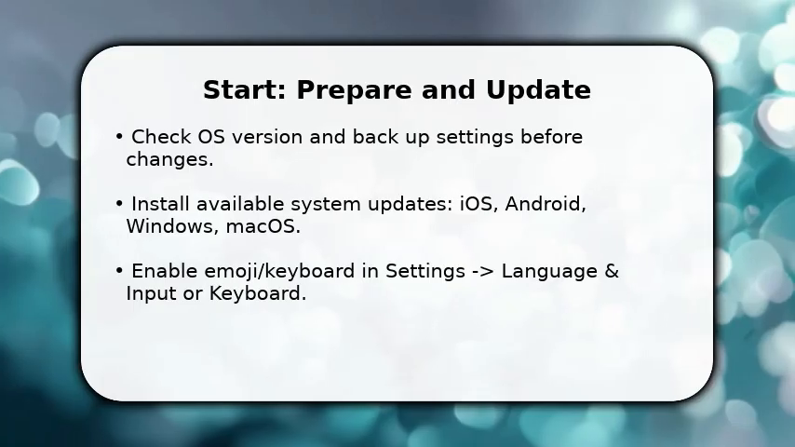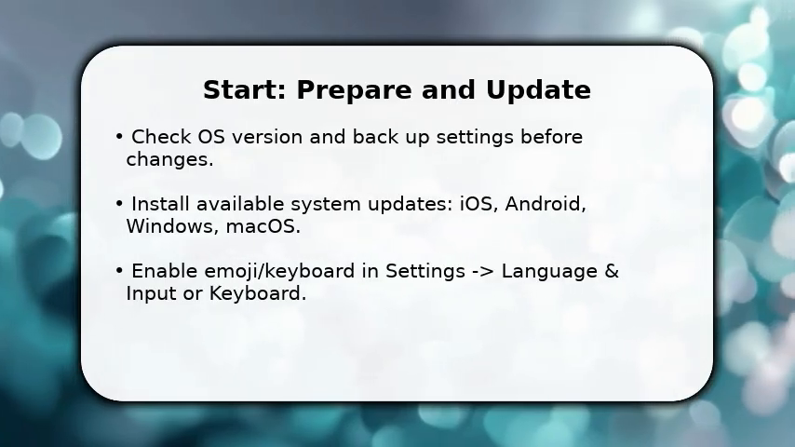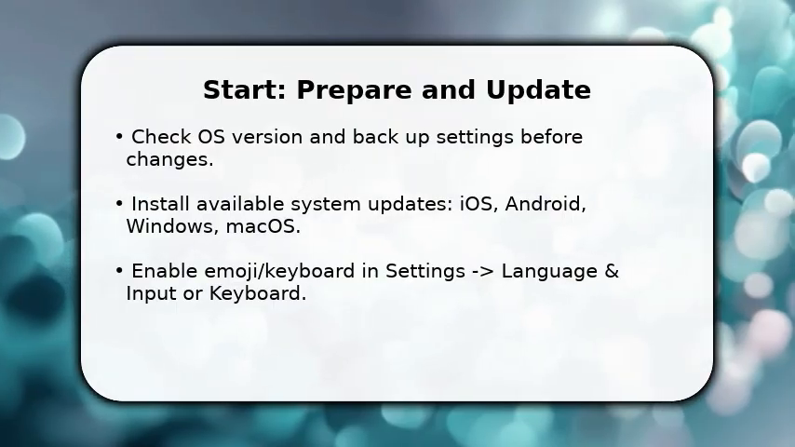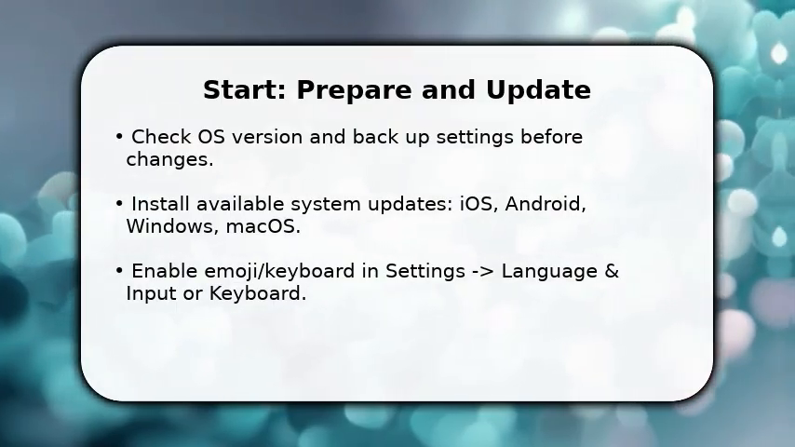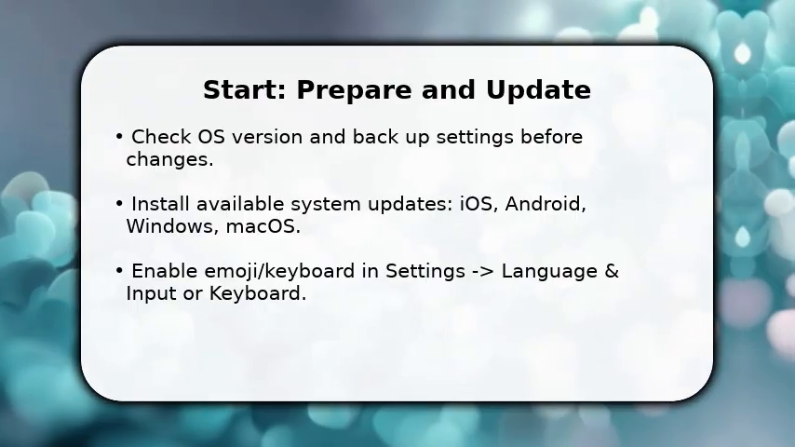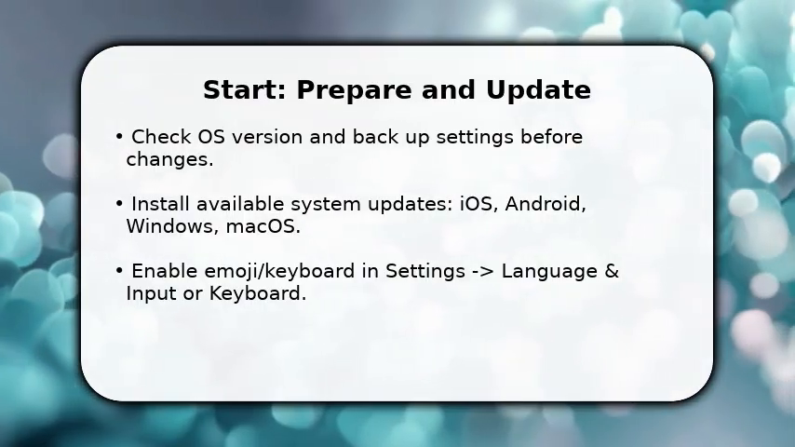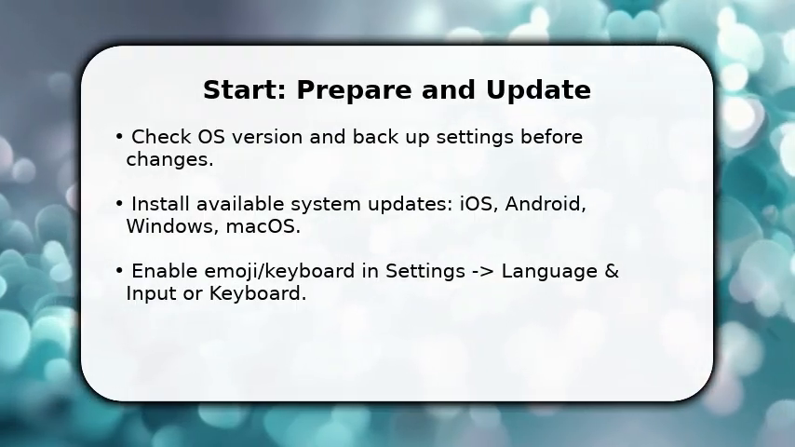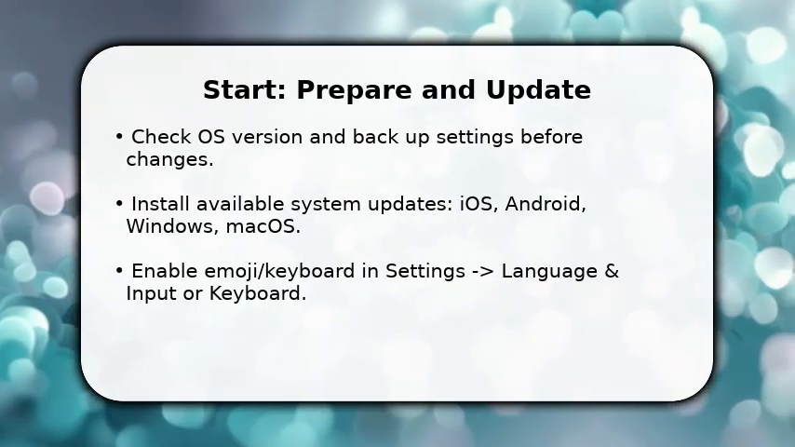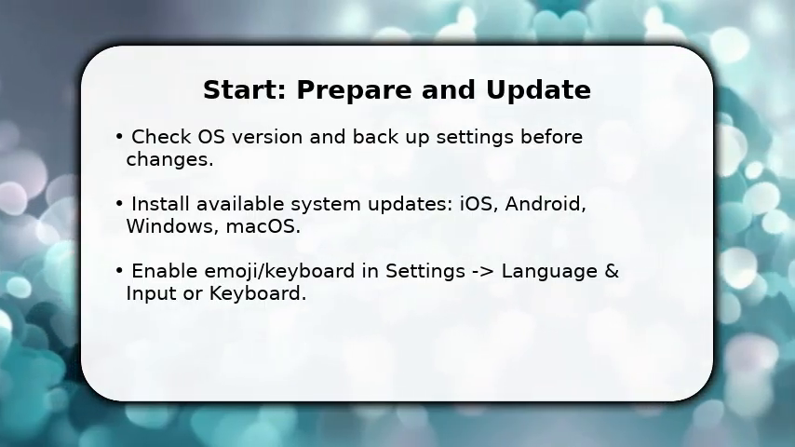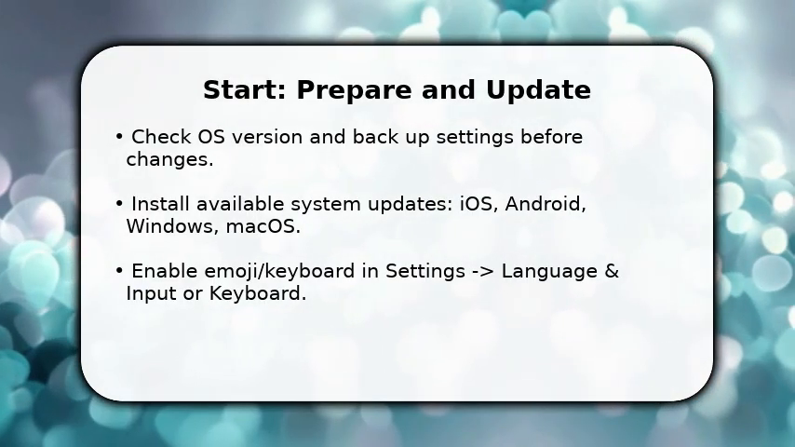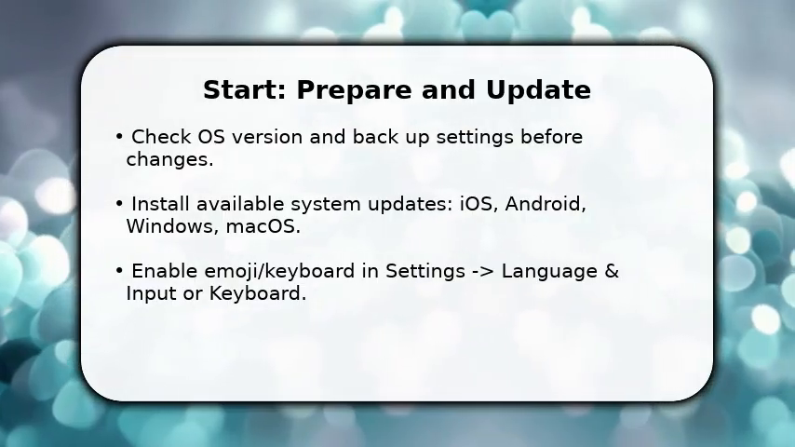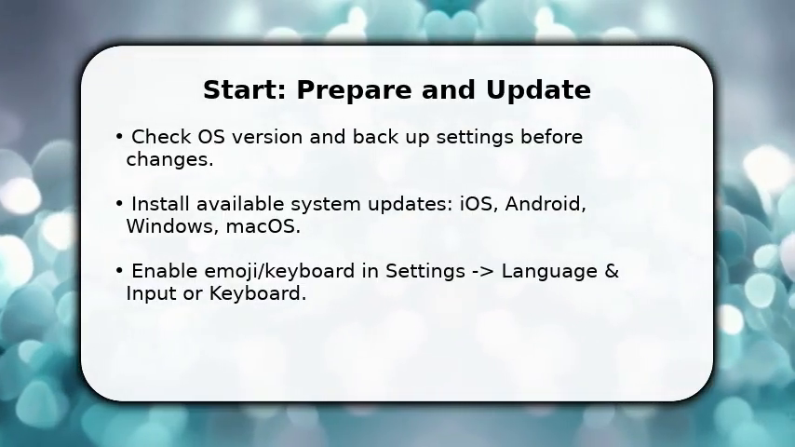Enjoy the video. You need two basics before changing keyboards: a current OS and a saved backup. So, start by updating your device, iOS, Android, Windows, or Mac OS, and backup now. Once done, open Settings and go straight to Language and Input or Keyboard. Add or enable the built-in emoji keyboard. Make sure any required language packs or regional settings are installed, then restart the device to let the system register